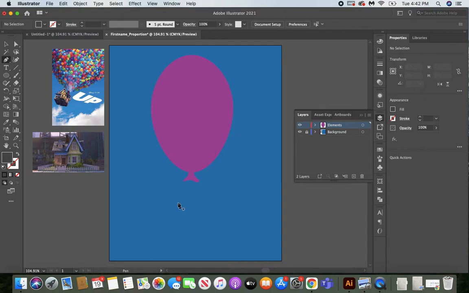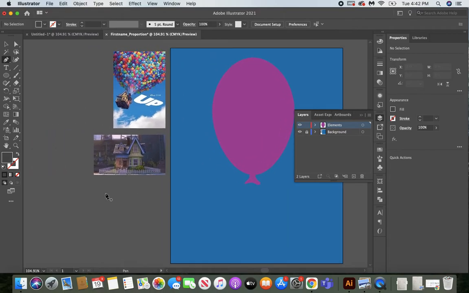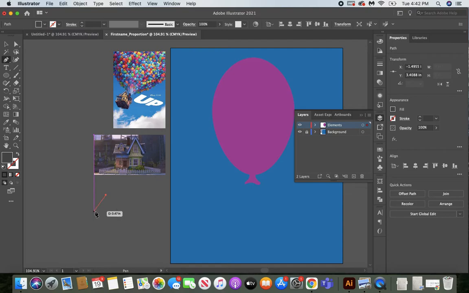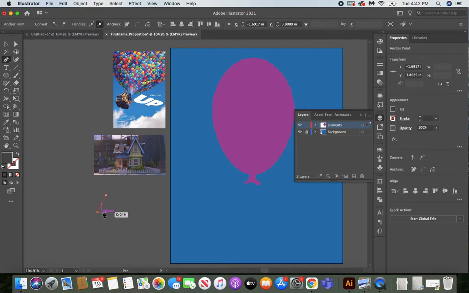So all I'm going to do is basically just draw the outline of the house. I can come over here for now just to see how my house is looking. I'm going to do the roof over here, bring that in. If you're using your pen tool and you need a straight line, you can hold down shift and it will keep you from doing a crooked line. So I'm a little bit crooked, I hold down shift, it will straighten that line for me. Over here, I'm a little bit crooked, I'm going to hold down shift, we'll straighten that. So that's a really helpful tool as you are working on your